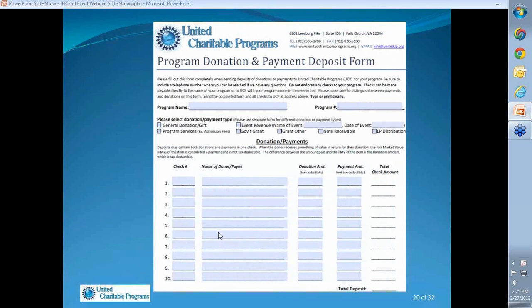Here's an example of a program donation and payment deposit form. We're going to want your program's name and account number. Then you're going to select the type of donation it is. It could be a general gift or donation, a program service, event revenue, or a grant from the government or other sources. We want to make sure that we understand what that income is, so you're going to check the box that's applicable to the donations coming in. At the bottom, you're going to fill out the check number and the name of the payee or the donor, and then there's